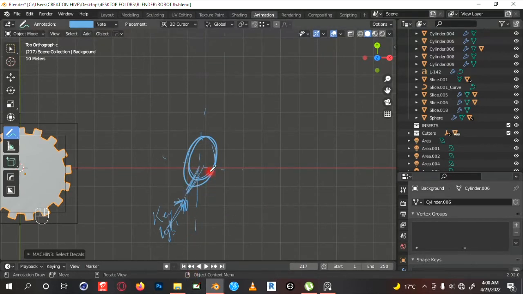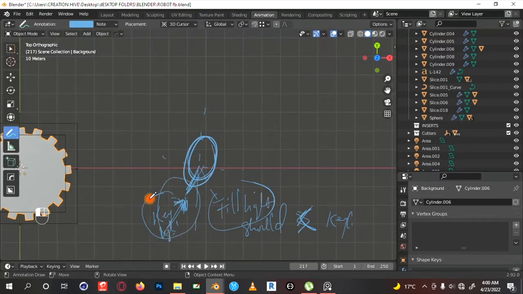Okay, then on the other opposite angle we can have what we call a fill light, and this light should have less power than the key light,